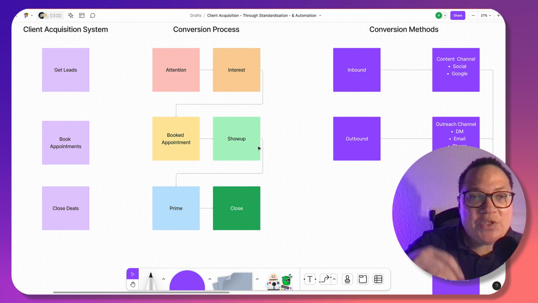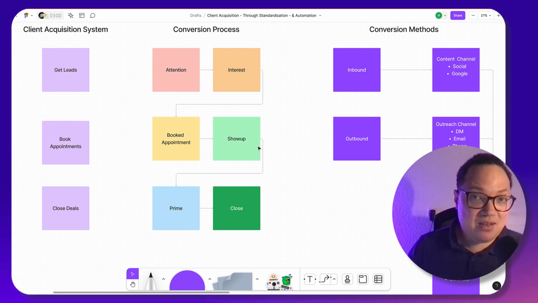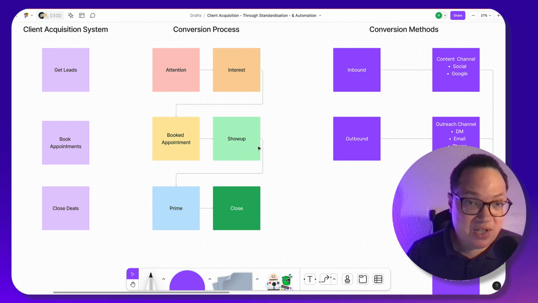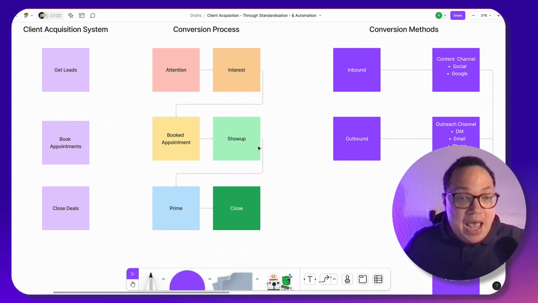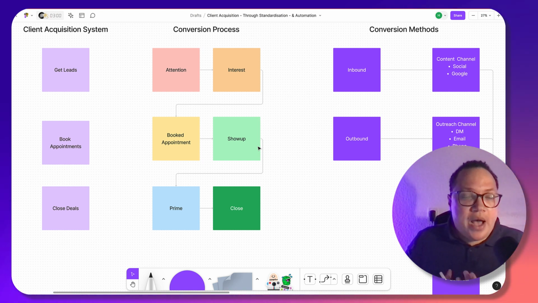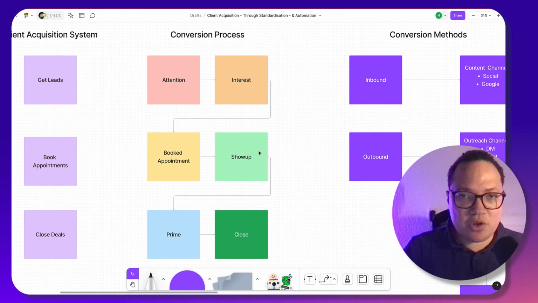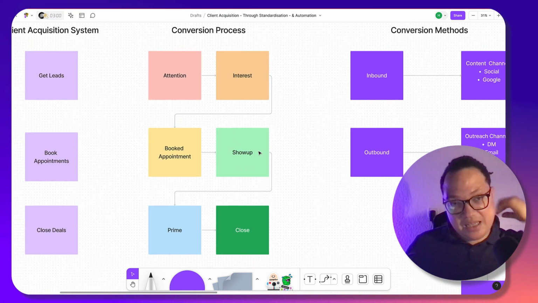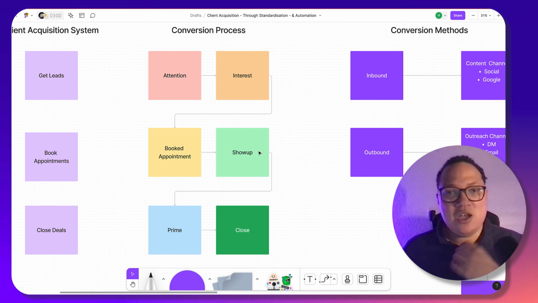And so there's a conversion process involved. There's a process for how you even get the lead. Then there's another process for how you get them to book an appointment. And then there's another process for how you get them to become a closed deal. And so this is the conversion process. To get a lead, we need to get